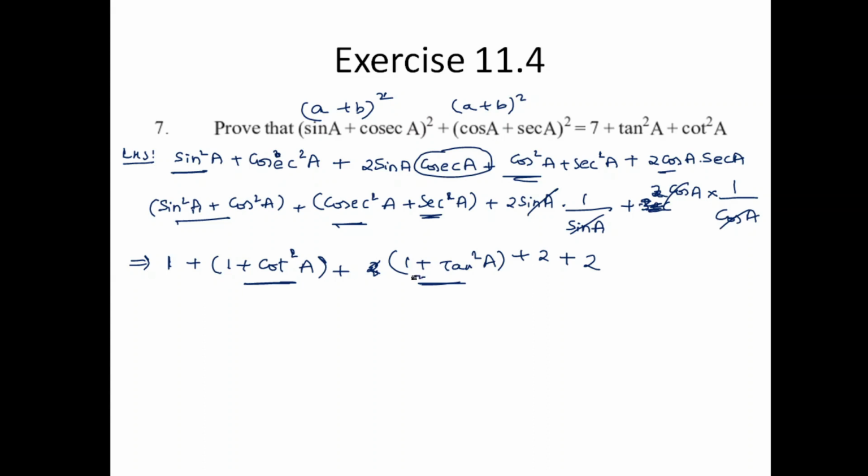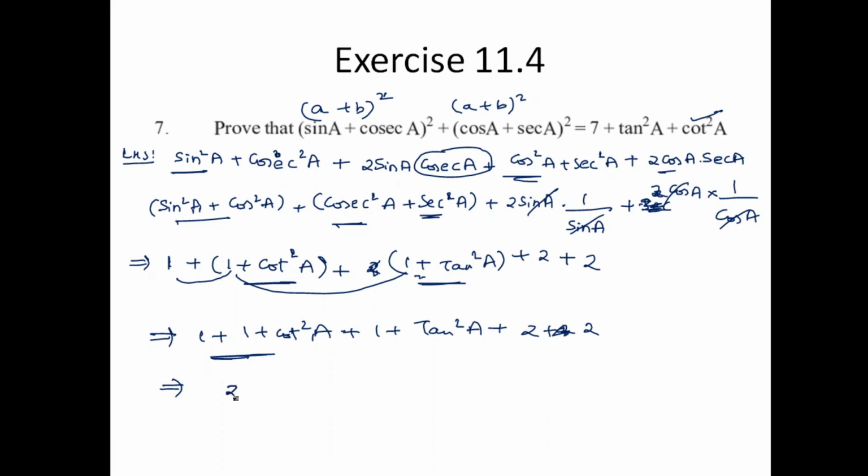So let me substitute everything over here so that this becomes easy. See, adding up these two is 2 and 3, right? So let me remove the brackets. 1 plus 1 plus cot square A, which is required in the RHS, plus 1 plus tan square A is also needed in the RHS, right? So 2 plus 2. So let's see this one here. Adding up these two is your 2 plus cot square A plus.